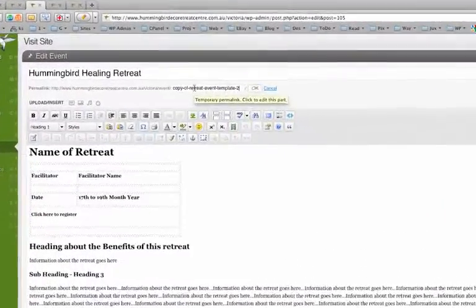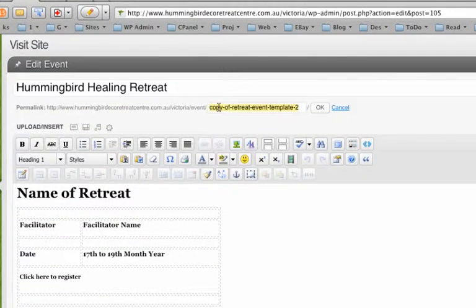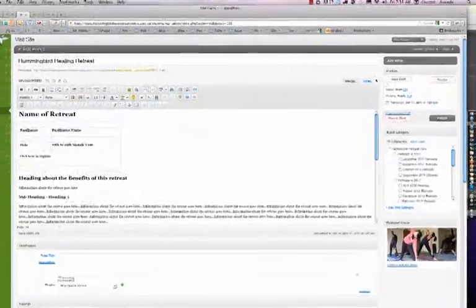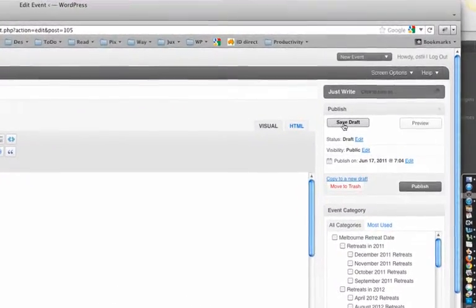So we want to look at getting keywords into our URL, but here we can put Healing Retreat Melbourne Victoria, and let's put December and the year to differentiate this from other healing retreats. We put Melbourne, Victoria, one because they're keywords, and secondly for when there's another hummingbird retreat in another place, this will differentiate between any two retreats. And click OK. So at this point I like to save the draft, so let's click Save Draft over here,